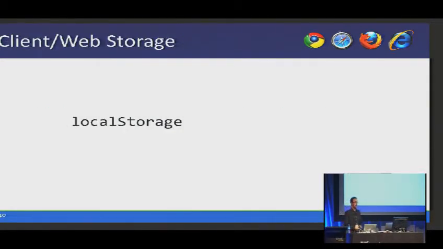Local storage. This is awesome. This is like cookies on crack. Rather than having a few bytes to play with, you now have megabytes. And what makes it even more interesting is you can use a structured query language syntax to retrieve the data out of the local storage. How you do that is up to you to find out.